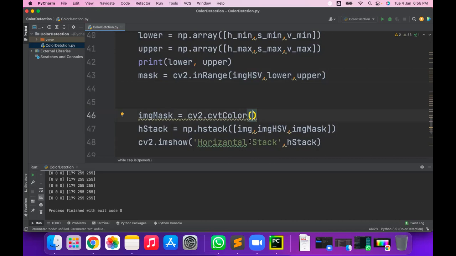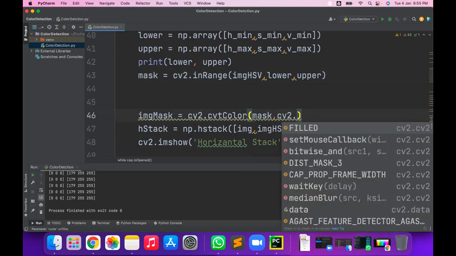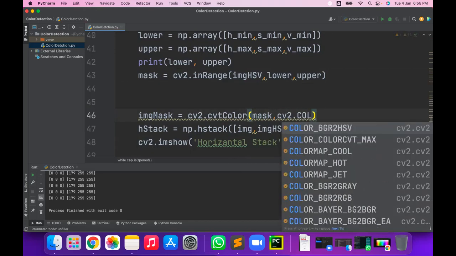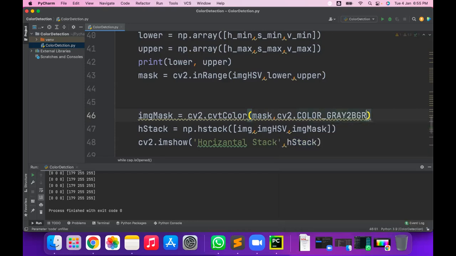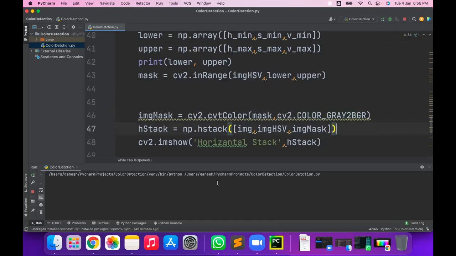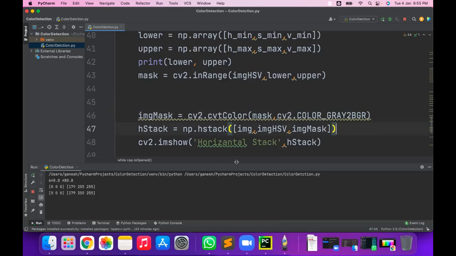What is the code? It is cv2.COLOR_GRAY2BGR. Give this gray to BGR, and when I run this, let me check whether it is correct or not.